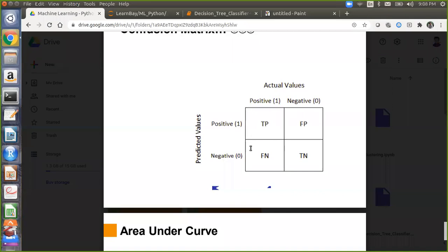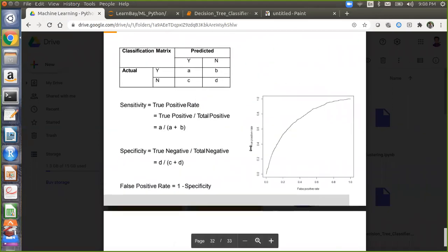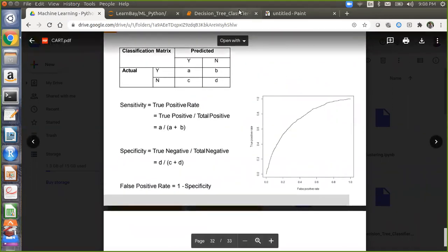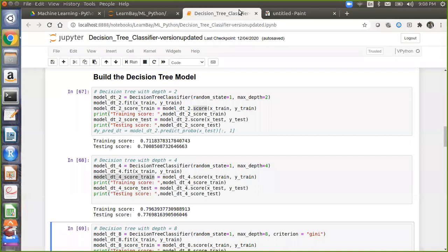Sometimes, to confuse you, they will directly ask, can you tell me the difference between true positive and false negative? And then you get confused at that time. I always get confused on that particular question whenever they suddenly ask, what is true positive and what is false negative? It is confusing, correct? If I ask you what is false positive and what is false negative without showing the diagram, you will not be able to tell me. So you have to memorize this properly before you go into the interview.